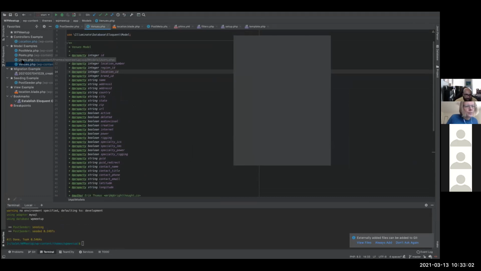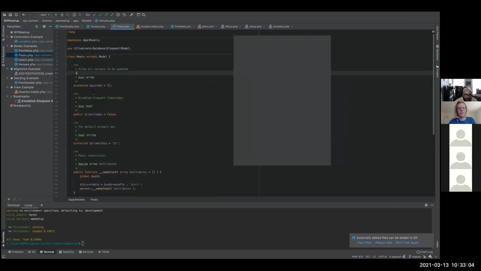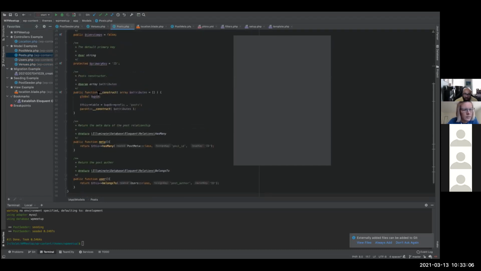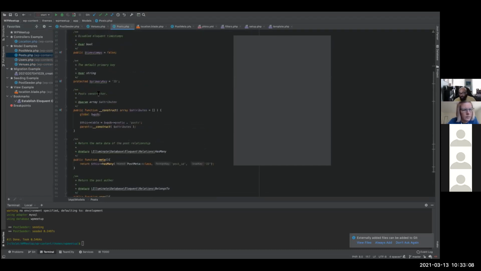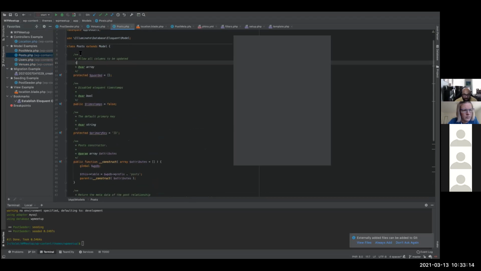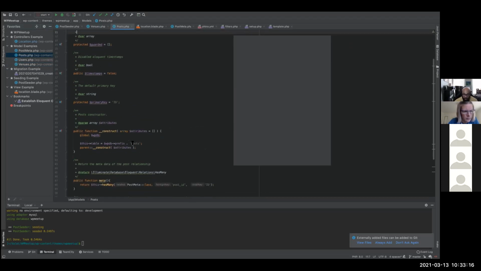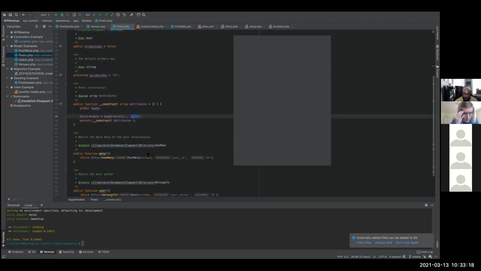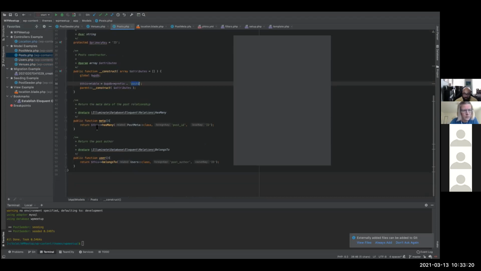For other examples, I have a post one here too. Earlier I said I can create relationships with other models, and my example was posts versus post meta. Here is my post table, using posts, I tell it to do it right there. Now here's where you define relationships. I have a meta method here, and I'm telling it has many post metas on post ID versus the ID of this table.